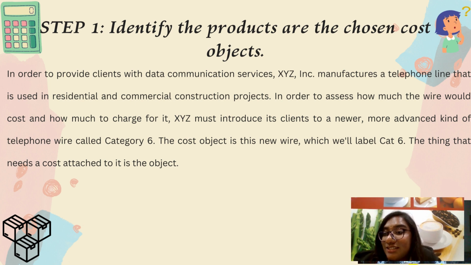telephone line In this that case, is where used in predetermined residential overhead and rate commercial construction $30 project. divided with In order to assess 12,800 how labor much the hours will wire be would getting cost and how much to 2.34, charge where for it, XYZ it's considered as our must predetermined introduce overhead its rate. client into newer or more As advanced kind everyone of knows, cost per telephone unit wire called calculation category contains